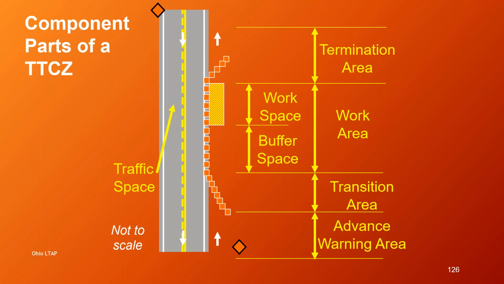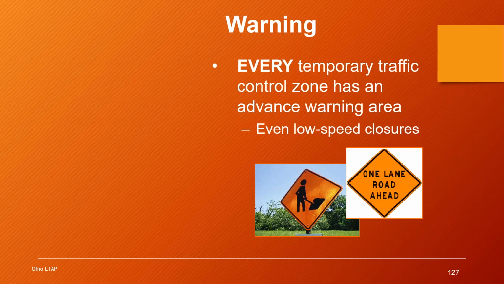So here we show an area where it's basically a flagging operation on a 2-lane road. So let's first talk about our advance warning area. Every work zone or temporary traffic control zone has an advance warning area, even low speed closures and even